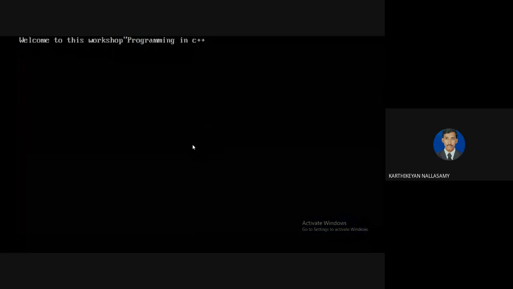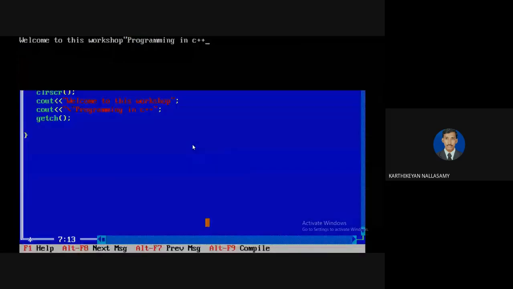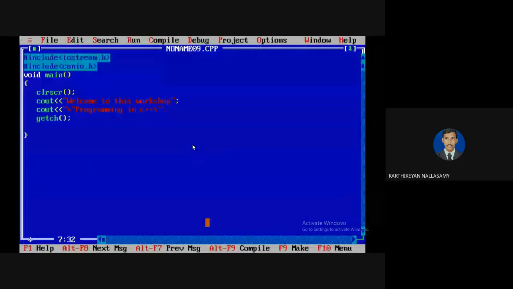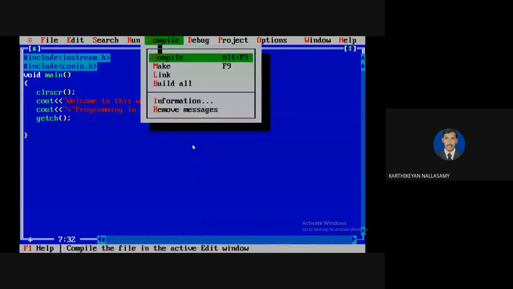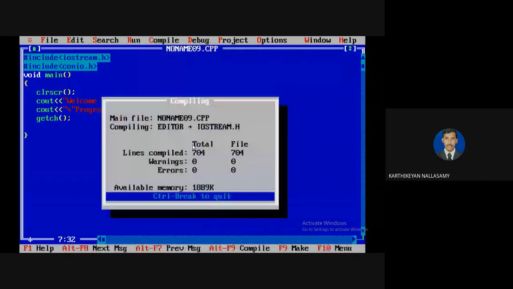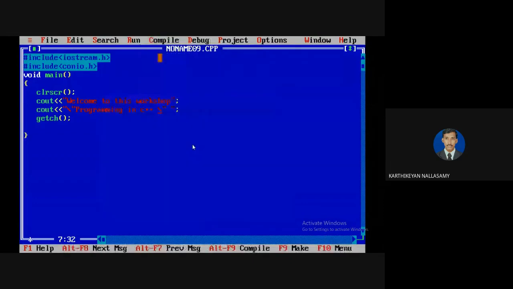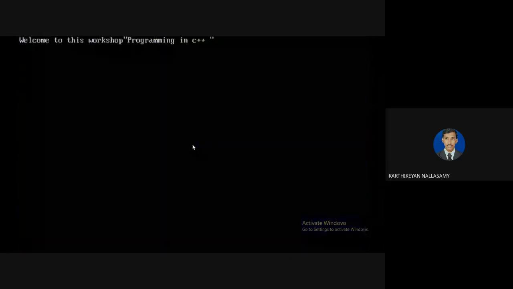At the end, if you want to display the double quotes, you can put a slash double quote. Here the slash double quote will be considered as one character during the execution part, so the double quotes will be displayed as usual. Even instead of double quotes, if you want to use single quotes, we can use a single quote.